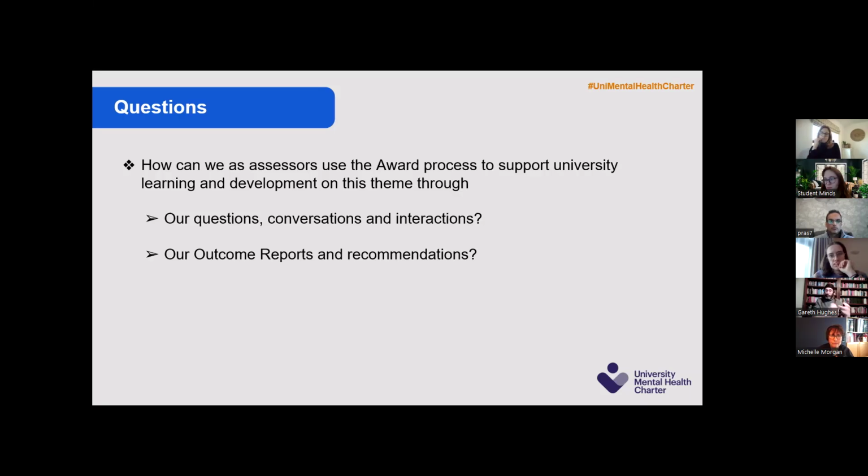So again, thinking about the framing of what you say, both in your question and in your report, to say what your evidence from the university you're responding to, what evidence from the literature you're drawing on, not necessarily referencing it or citing it, but just saying the evidence from the literature tells us this, or from research tells us this, or national guidelines tell us good practice is this. And therefore, we recommend the university does X. That then I think really does help set a much clearer picture for the university, and they're more likely to respond positively to that, I think.